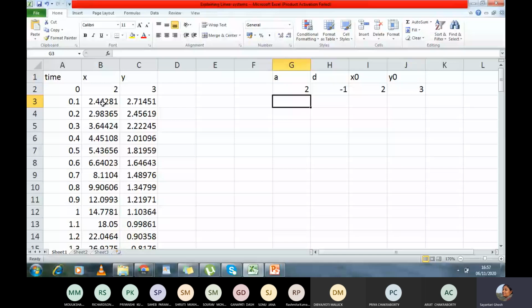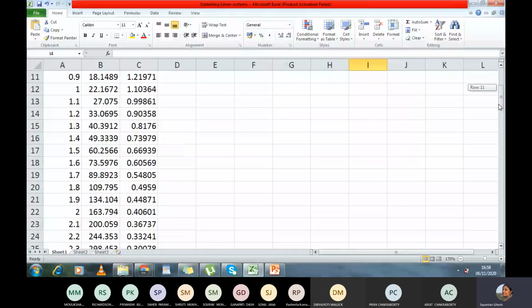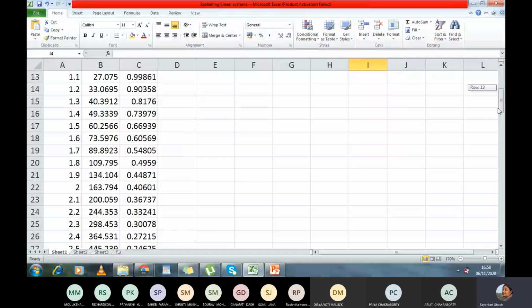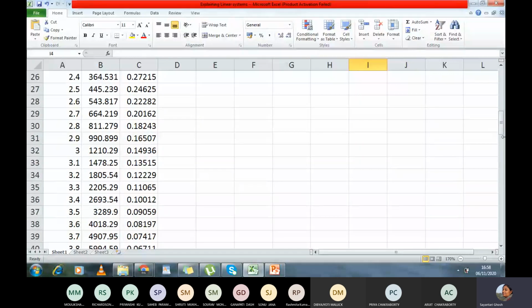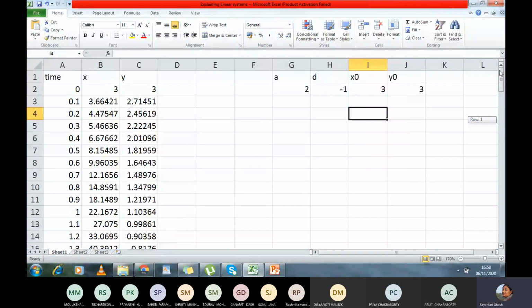So you can see that starting from some initial point, say let us make both of them equal, starting from 3, 3, x and y were both the same to begin with. X explodes. It just goes on and increases drastically. See, 100, 200, 300, 600, 2000, 4000, right? It is growing exponentially, and we are only at time step 3.5. On the other hand, y is decreasing because I already have a negative exponent attached to it.